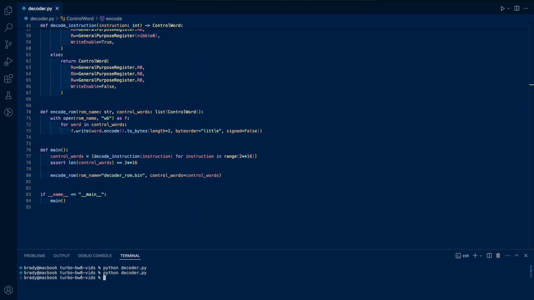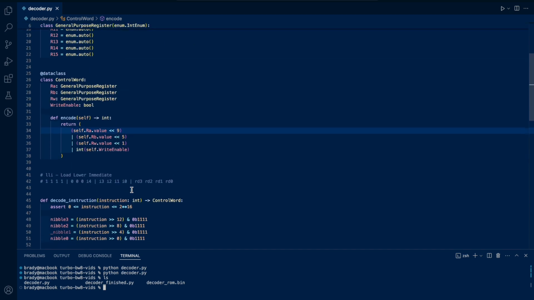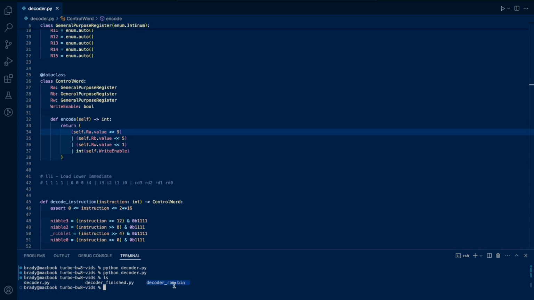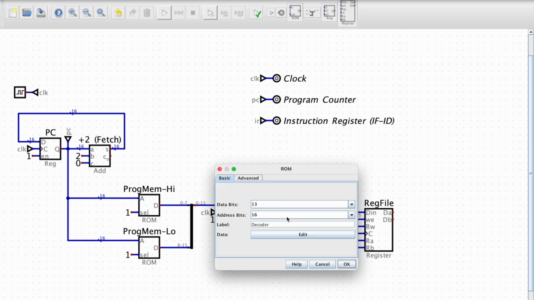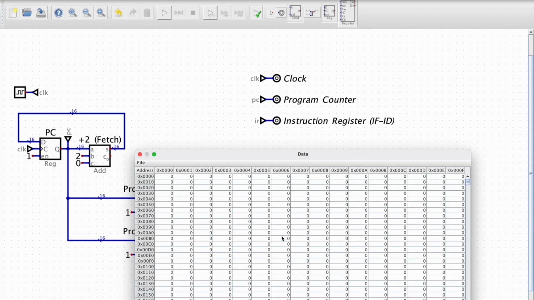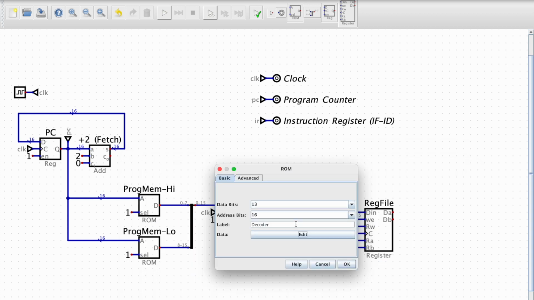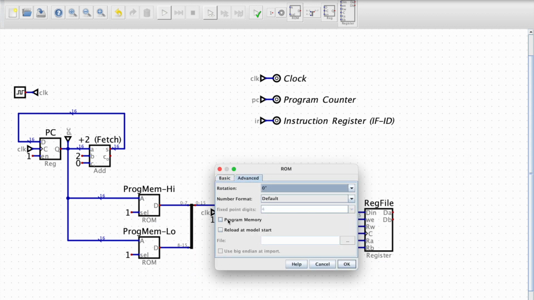Okay, so let's run this. Cool, so that worked. So I'm going to cut here, and I'm going to load this decoder rom.bin in Digital, and we're going to see what happens. All right, so if we right-click on this, we go to advanced,